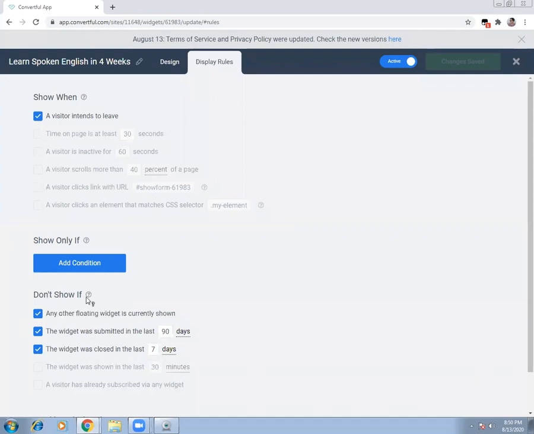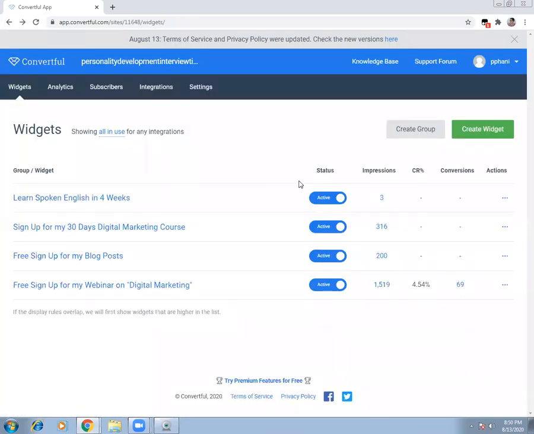So there is a condition, don't show it to people who already subscribed to your website. What is the point in showing them the same ad again? So people who have already submitted or subscribed, please don't show them this again, because it might be very inconvenient for them. So these are the basic things, and this is what you all should be aware of.